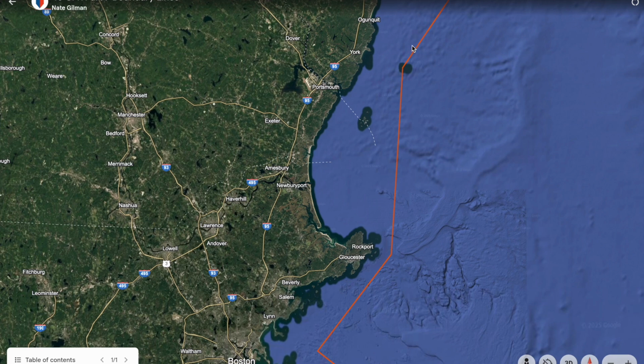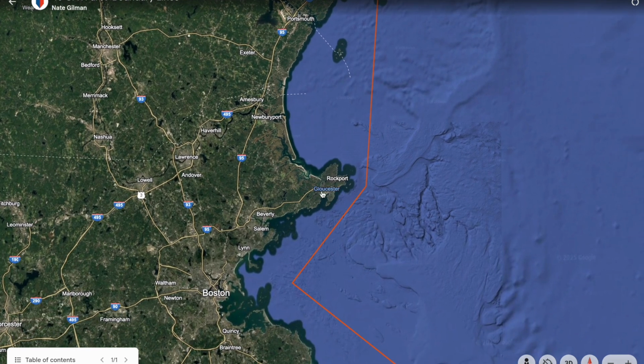This also means that you can sail with an inland captain's license all the way from Canada down here to Portsmouth, Newburyport, and Massachusetts. You can make your way around Rockport, sail into Gloucester, still with an inland. As long as you stay inside of that boundary line, on inland waters, you don't need a near coastal license. So depending on where you are and what you're doing, you can use it that way as well.